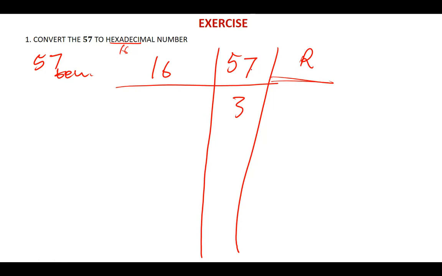So when you divide 16 into 57, the answer will be 3 remainder 9. Then when you divide 16 into 3, the answer will be 0, and then we say remainder